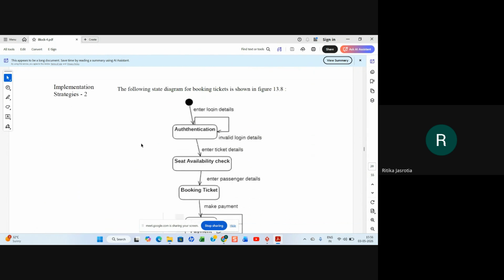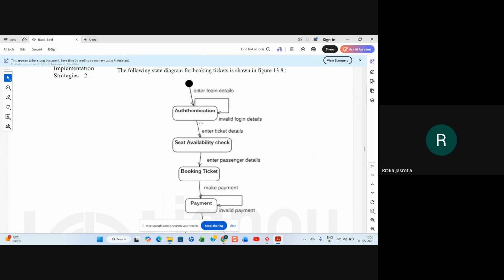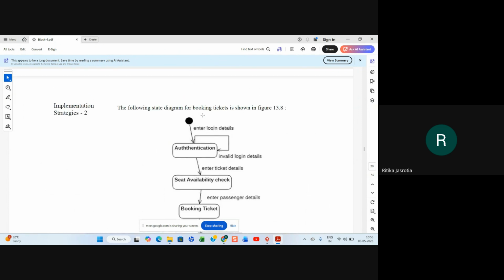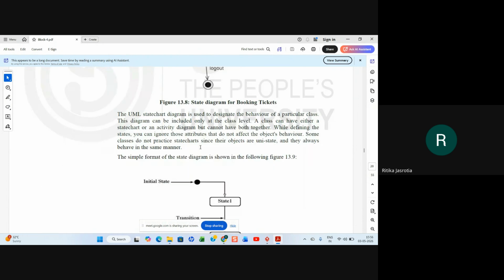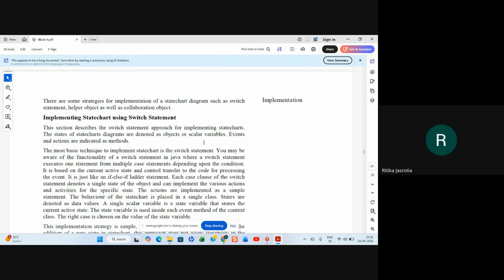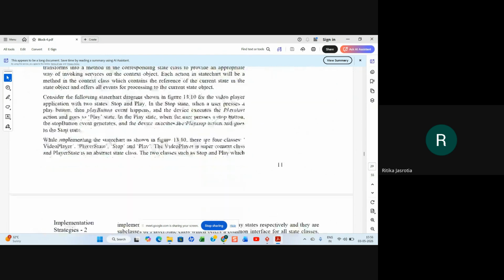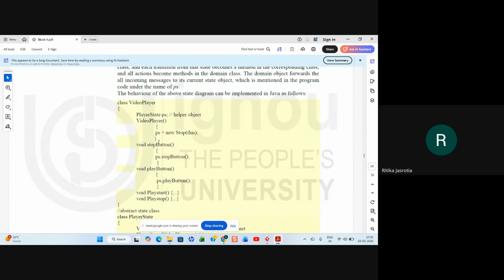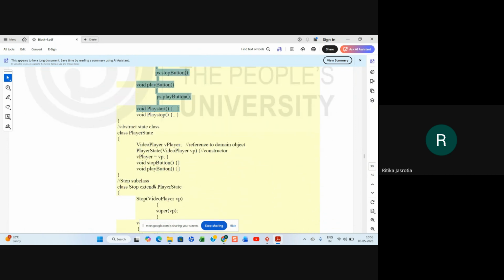Then the state chart diagram. Suppose you have authentication, seat availability, booking ticket, payment, print ticket. This is the booking ticket state chart diagram, right? So they are just showing you that, and how you will implement that, like a video player is there and the player state is there.